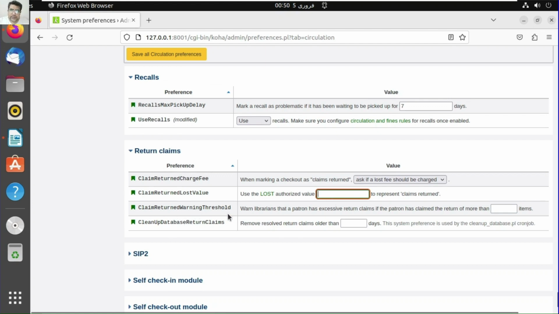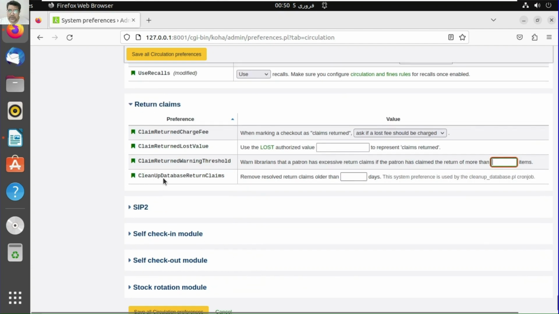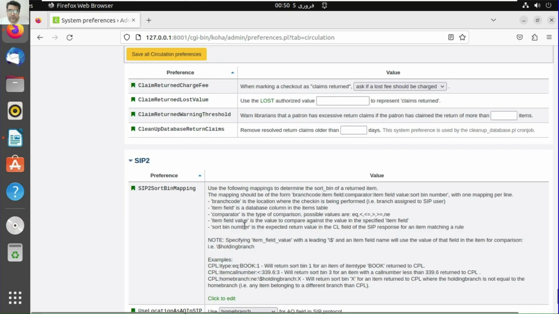Claim written, warning threshold, warn librarians that a pattern has excessive written claims if the pattern has claim the written or more than 2 items, 3 items, up to hands on. Clean up, clean up database written claims. So remove resolve written claims older than 7 days or whatever the days. Tip 2,